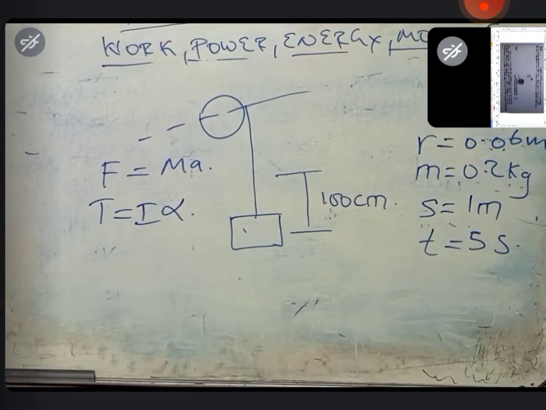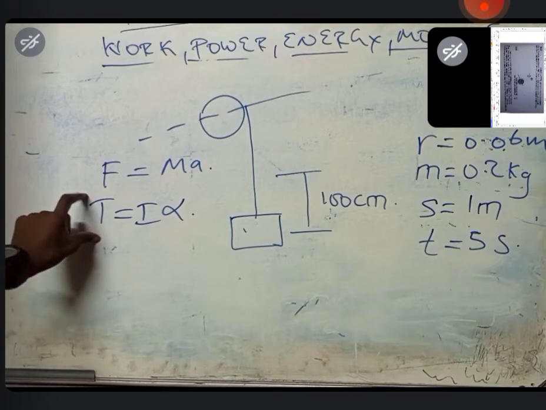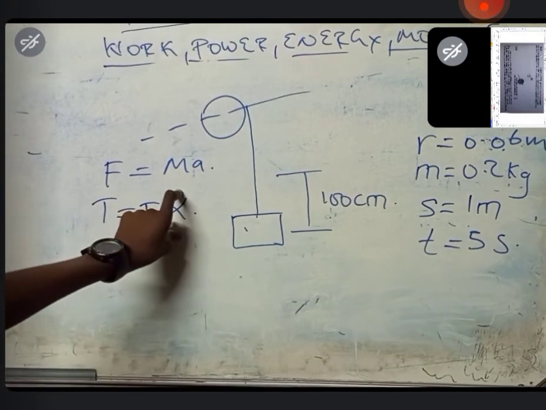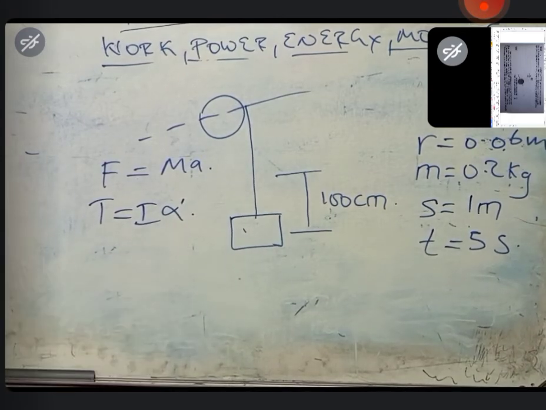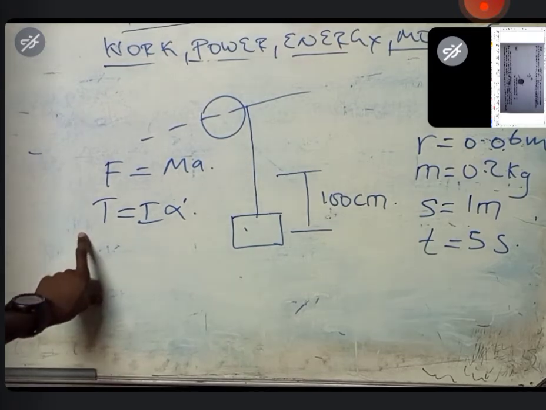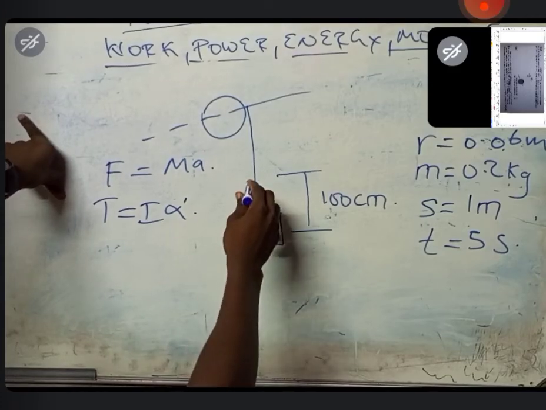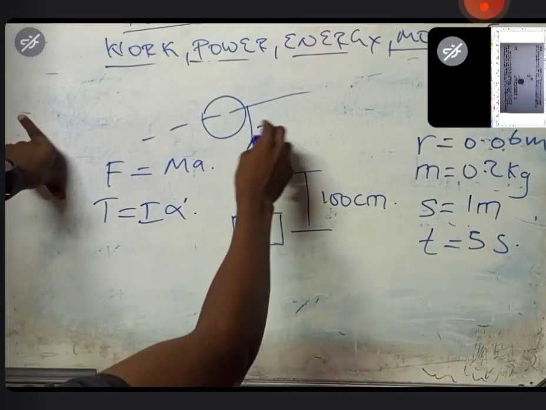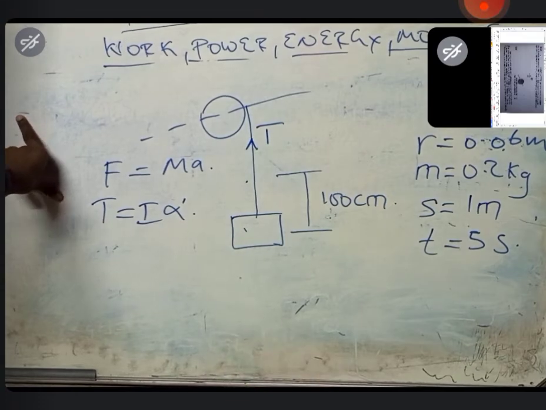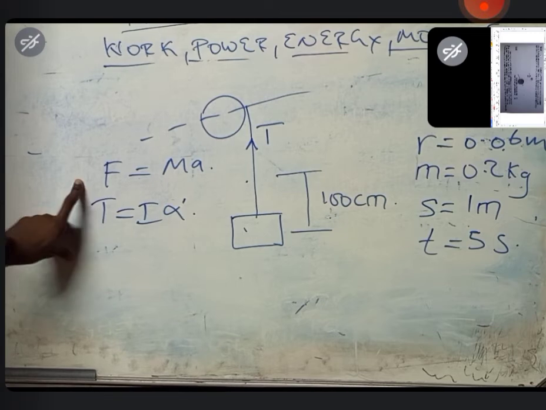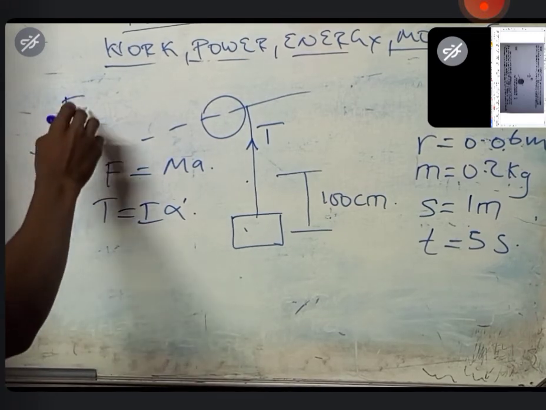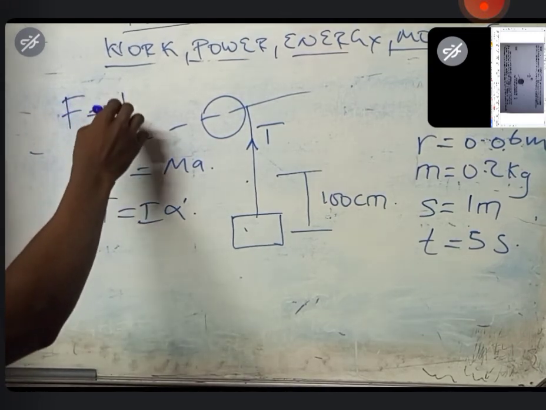So if we are able to find the torque and the angular acceleration, we are able to find the moment of inertia. How are we going to find the torque? We find it by first finding the tension acting in this rope. The tension is a force. So how do you convert force to a torque? You multiply